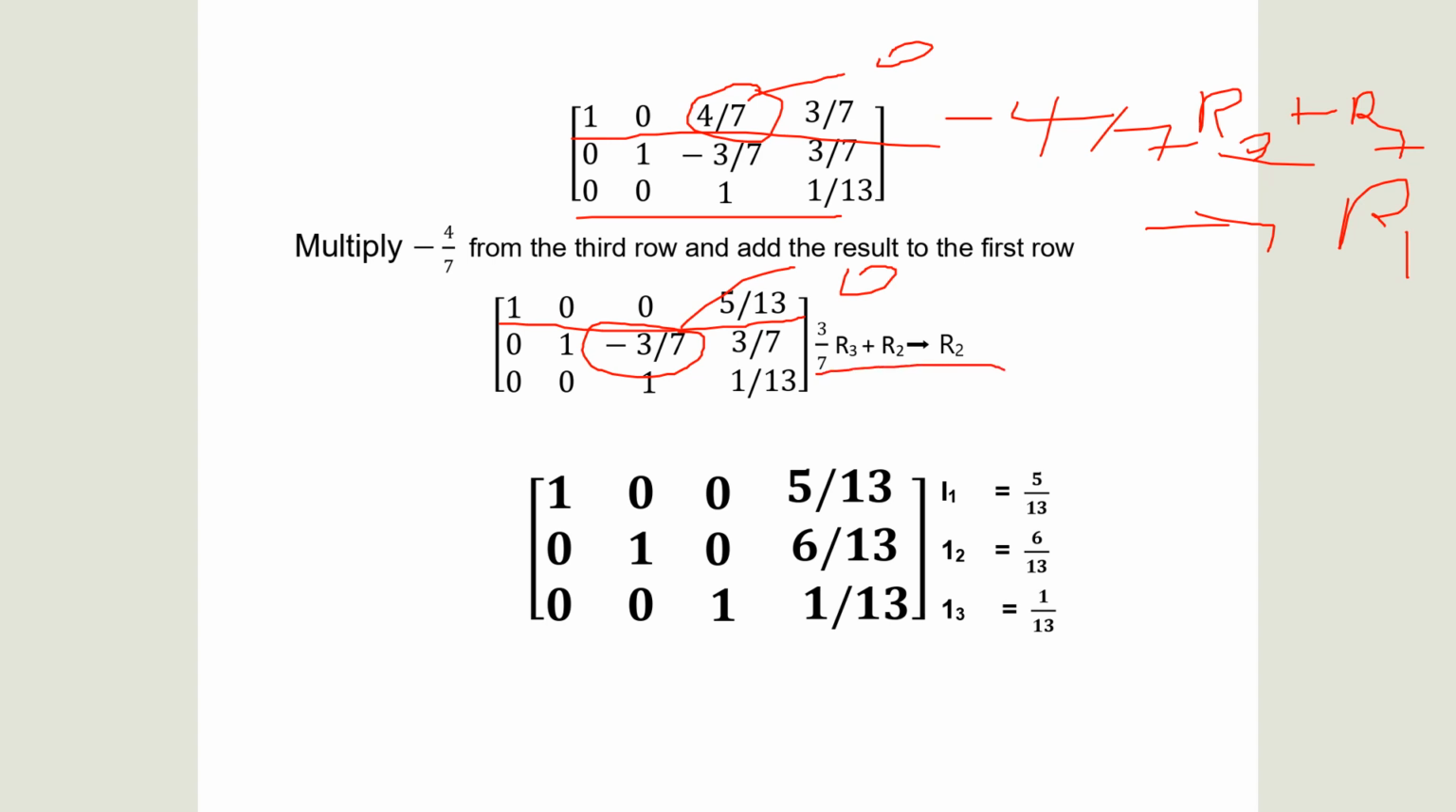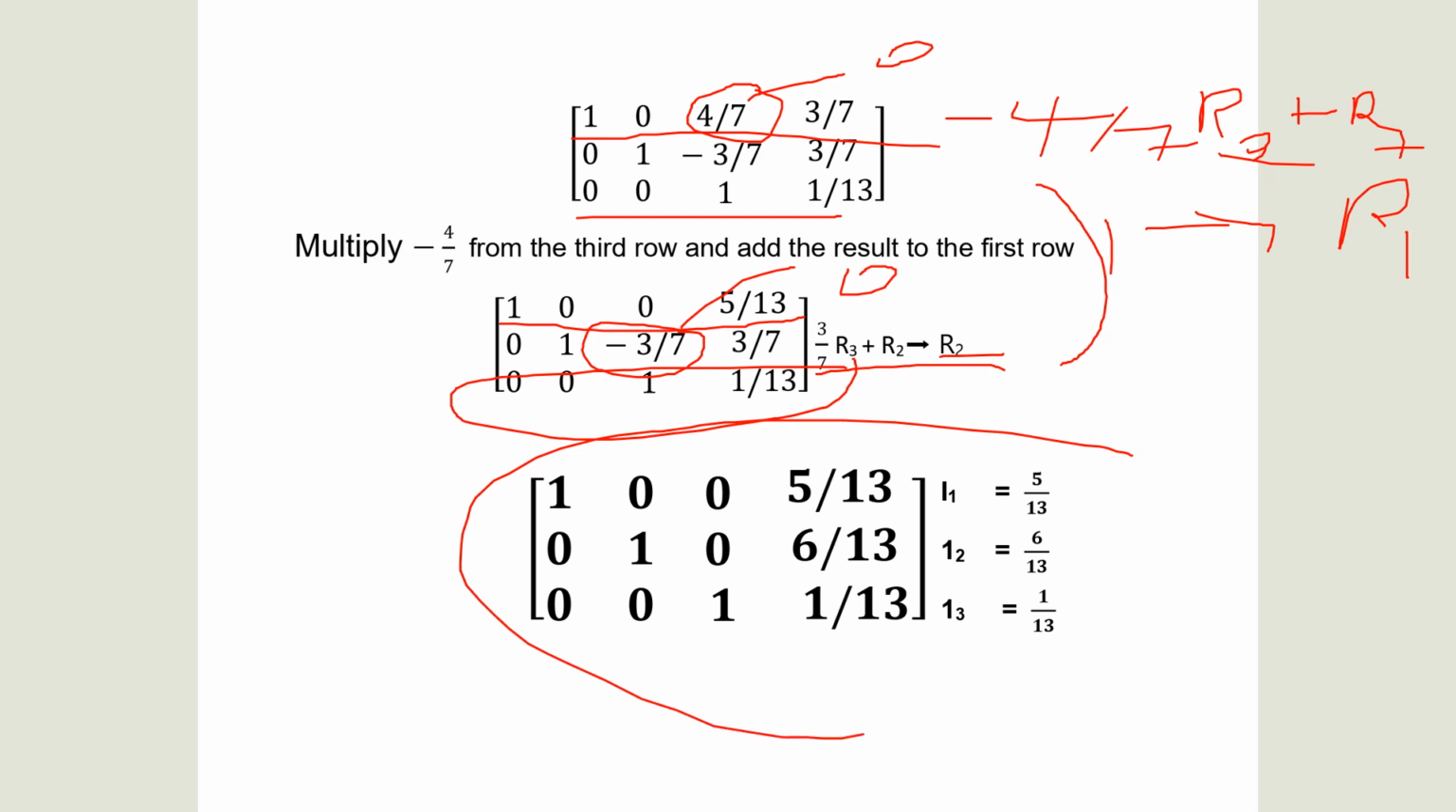And our last target is to make the negative 3/7 into 0. That's why the elementary row operation that we use is 3/7 times row 3 plus row 2 to produce new row 2. Likewise, as in the previous elementary operation, they have the same value but different signs, and the rule says that the sum is equal to 0. Our new row 2 is 0, 1, 0, 6/13. And this is our Gauss-Jordan form